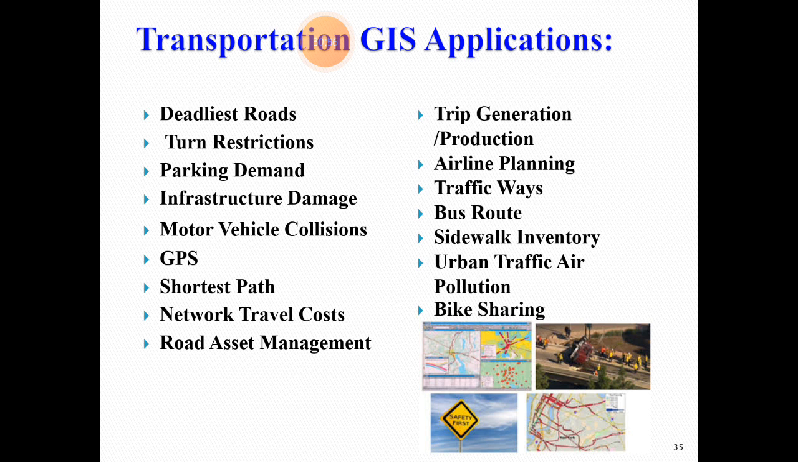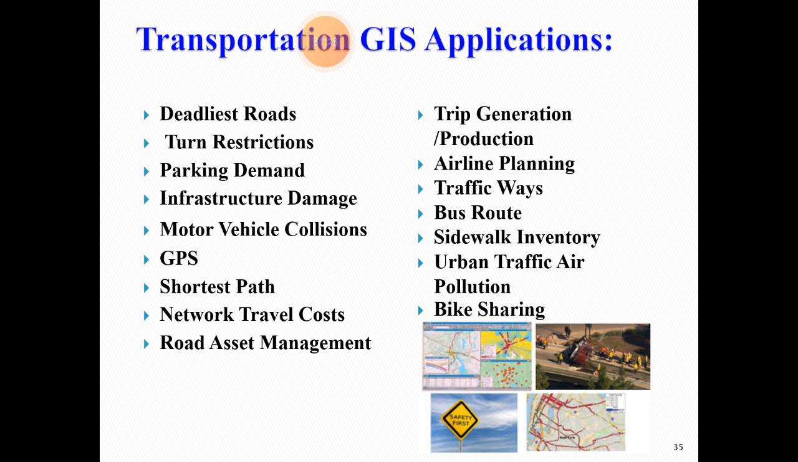Next is GIS application in the field of transportation. It is used to monitor the deadliest and safest roads, turn restrictions, then to estimate parking places, to analyze infrastructure damage, to monitor road accidents, then to provide data through GPS, videos, cameras, then to provide shortest distance, to determine